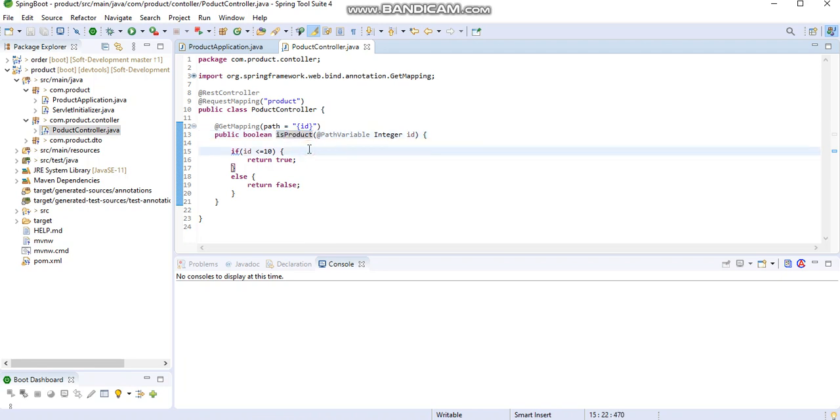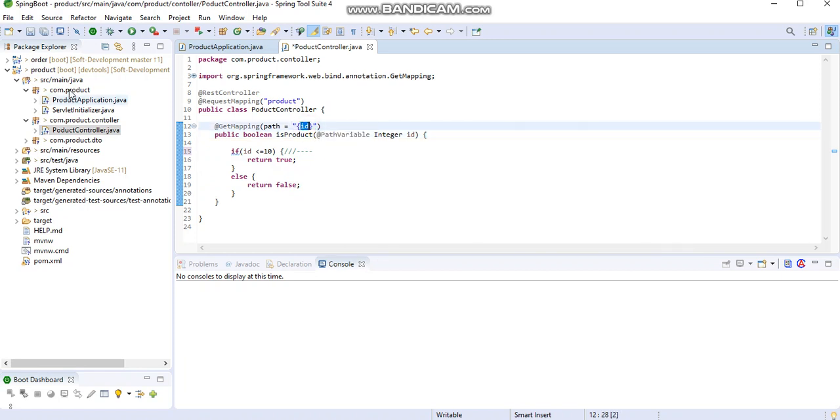From here you can make a call from service to repository, to the database, etc. to find out the product information. But right now, for example, I just considered that if the ID is below 10, it will return true, else it will return false. For that I used a path variable that will read the ID value.